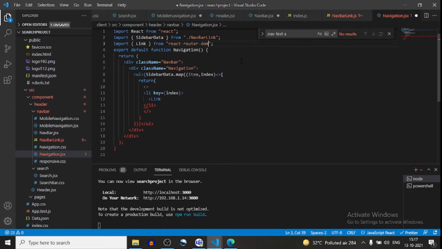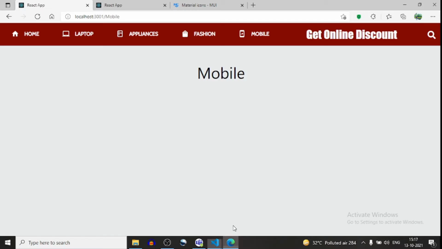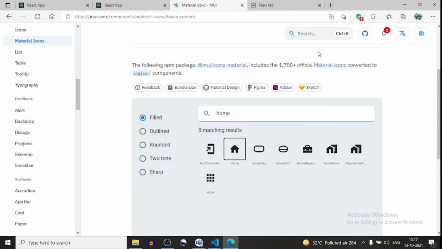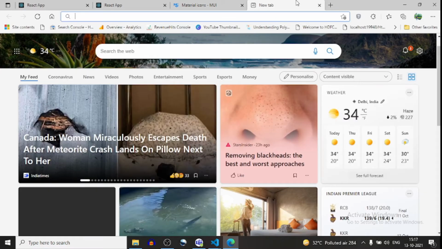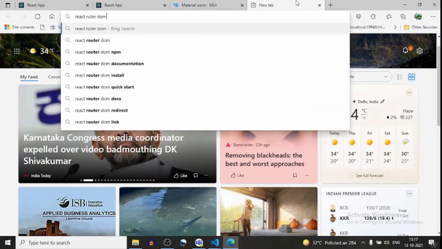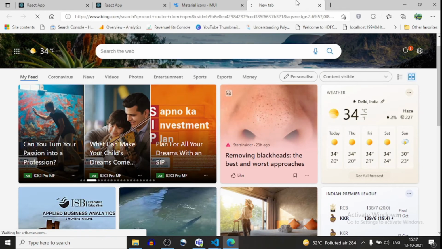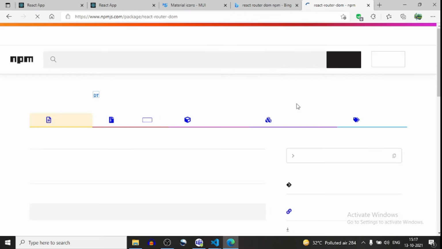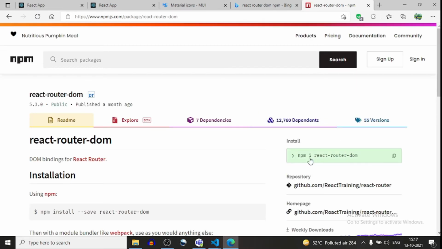If you have not installed React Router DOM, then you can install it in your application. If you want to see the command, search for React Router DOM npm, and here you can see npm i react-router-dom.